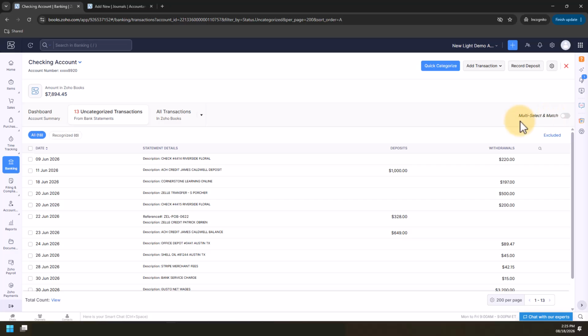This functionality allows you to match multiple transactions listed here to one transaction in your books somewhere else. So for example, let's say I have this ACH credit for James Caldwell. It's a deposit. And I have another payment from him as well. And both of these match up to one invoice payment. Well, I can go to that invoice and record two separate payments to his account and then match each one of those to those payments. I can use the multi-select and match functionality to select both of these and match them to the one transaction